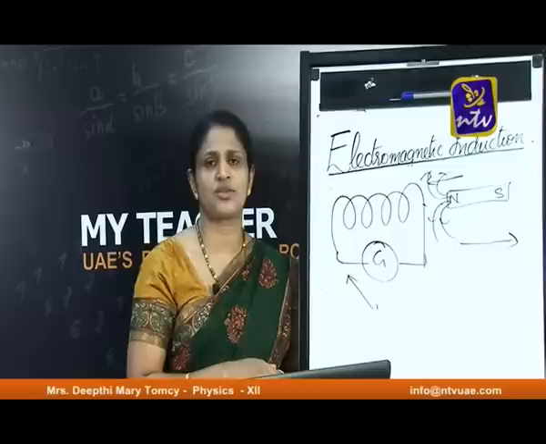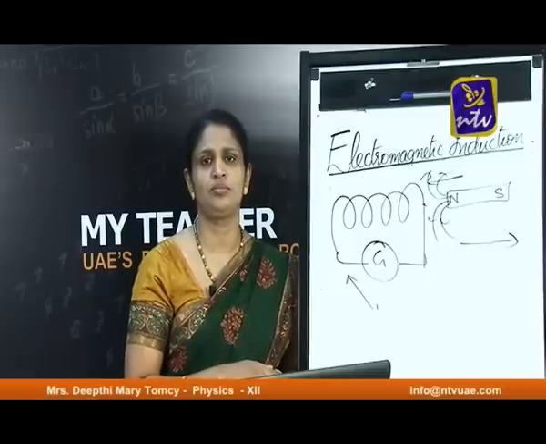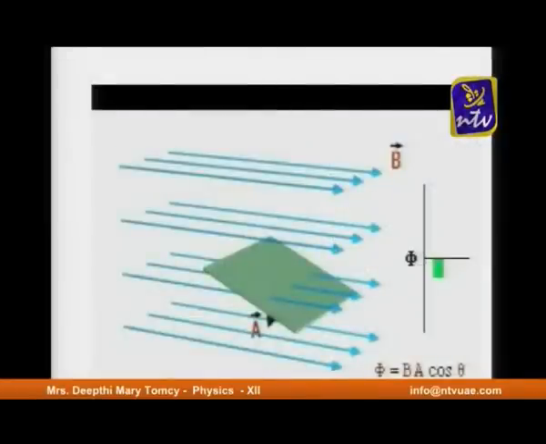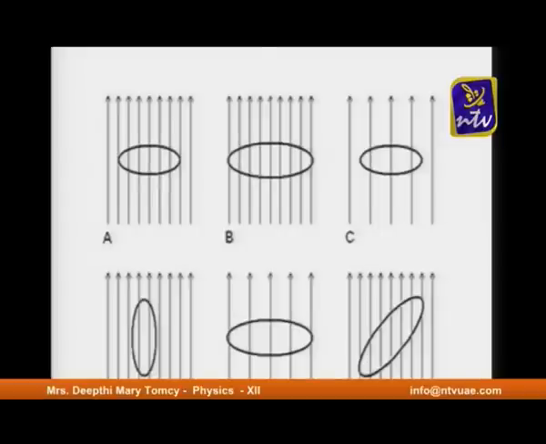Please observe it. In the slide you can see a plane surface being kept in a magnetic field. According to this, the number of lines cutting that surface is comparatively very less. On the adjacent graph, you can see the flux linked with the surface is very less. Now, look at another figure.